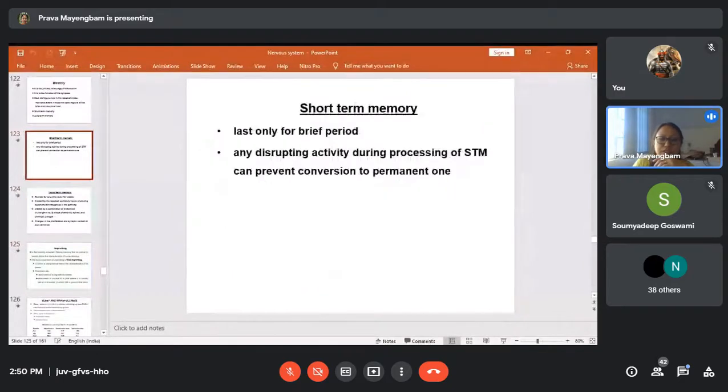So the short-term memory lasts for only a brief period. Think like this: while you are attending my class, you remember everything. You close the chapter, you don't read it after my class, and in the exam, you get the question on short-term memory, and now you don't know. So the memory you had after my class was only short-term memory. To enable you to write about this in your exam, it has to be converted to the long-term memory.